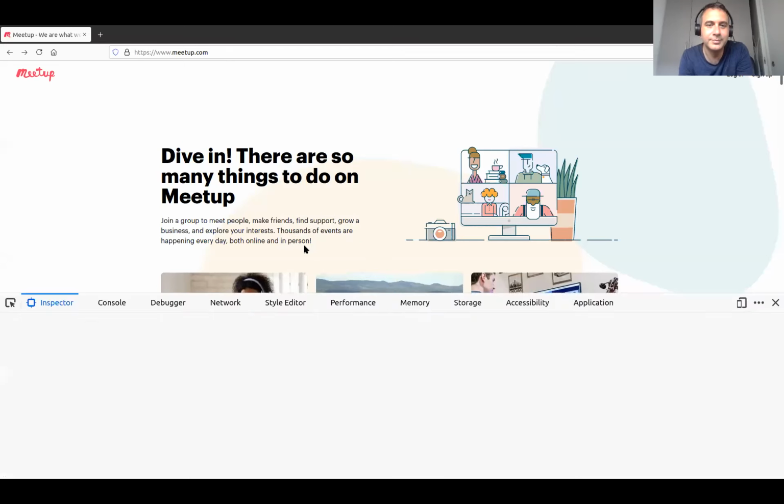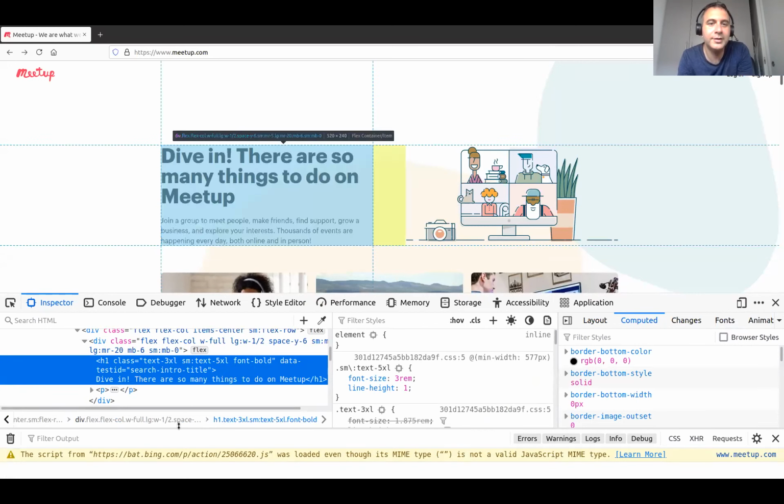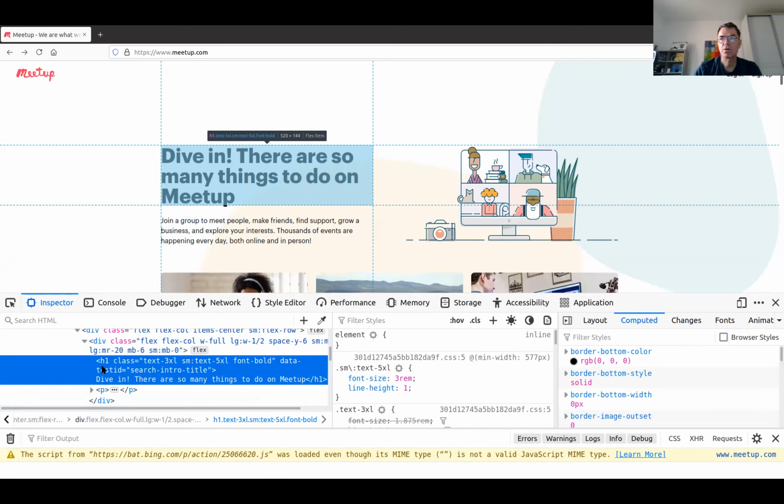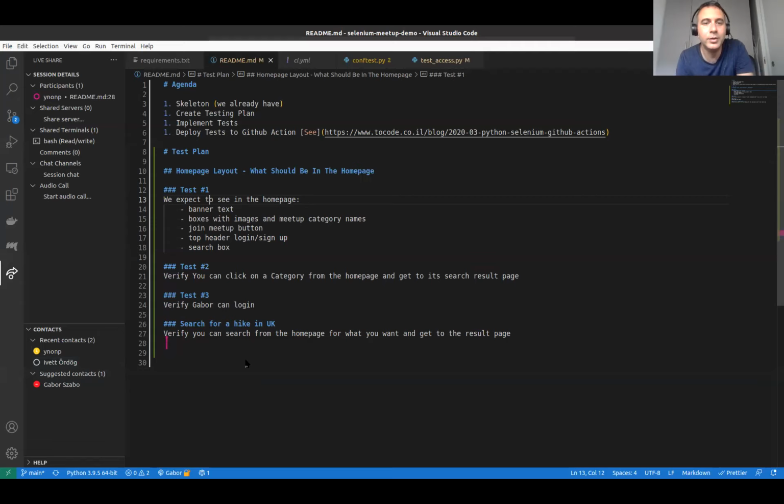Verify Gabor can log in. And verify you can search on the home page for what you want and get to the result page. Okay, good.